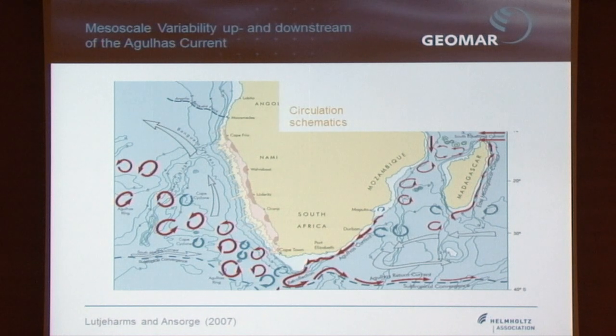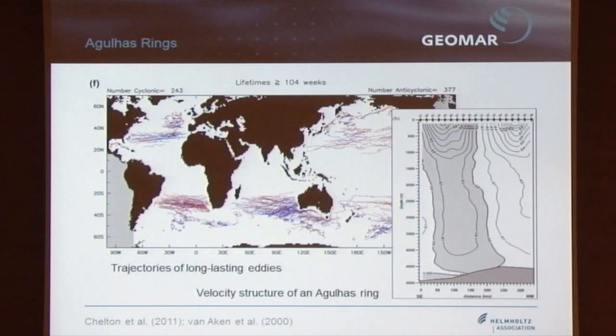Now, all these models, from paleo to climate models, are of course coarse resolution models. And we've seen, especially from the previous speaker, that the Agulhas current region is highly nonlinear. There is no steady flow from the Indian to the Atlantic Ocean. It's rather a highly complicated series of eddies. And these eddies are massive. They reach down to the ocean bottom, have a diameter of 200 to 300 kilometers,